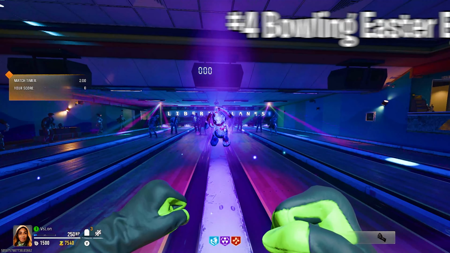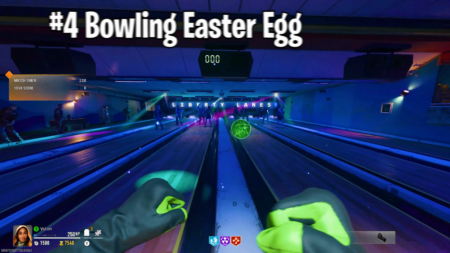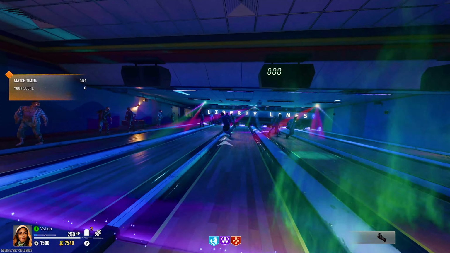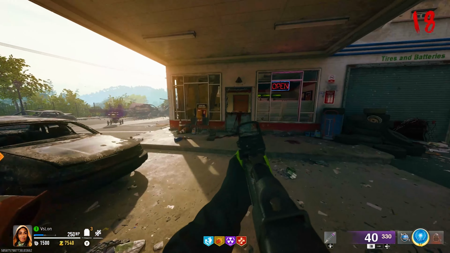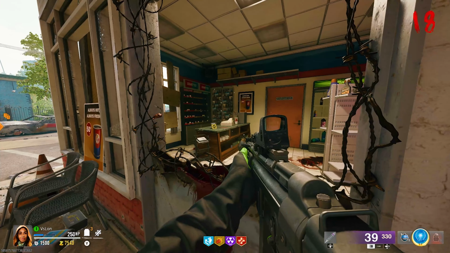This next Easter egg is definitely the coolest one on this map, as you'll be teleported to a closed off room with Mr. Peaks, and you get to bowl against zombies and compete for rewards. To do this, you'll need to find 5 pairs of bowling shoes that are scattered across the map. The first one can be found just in the spawn room on the left side of this window under the